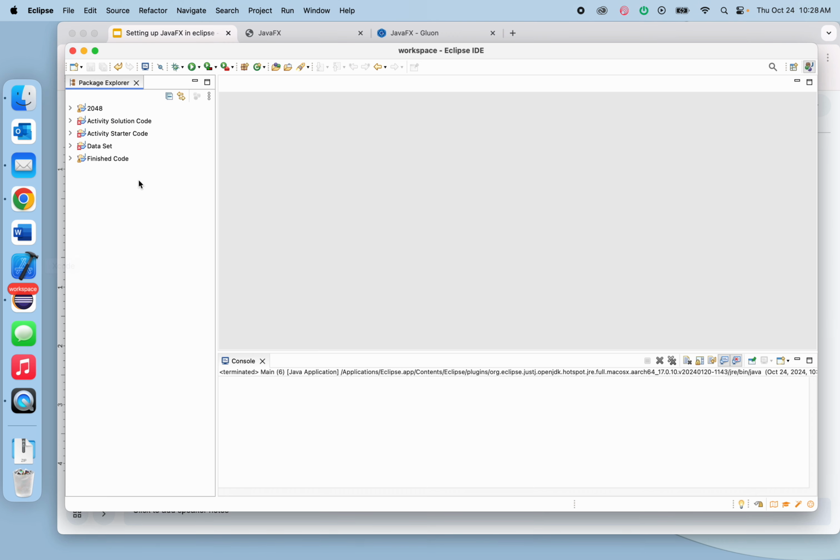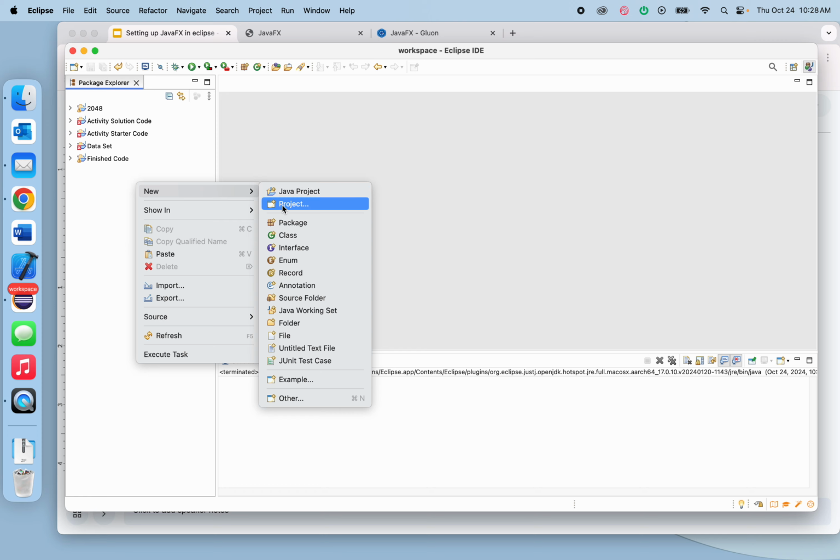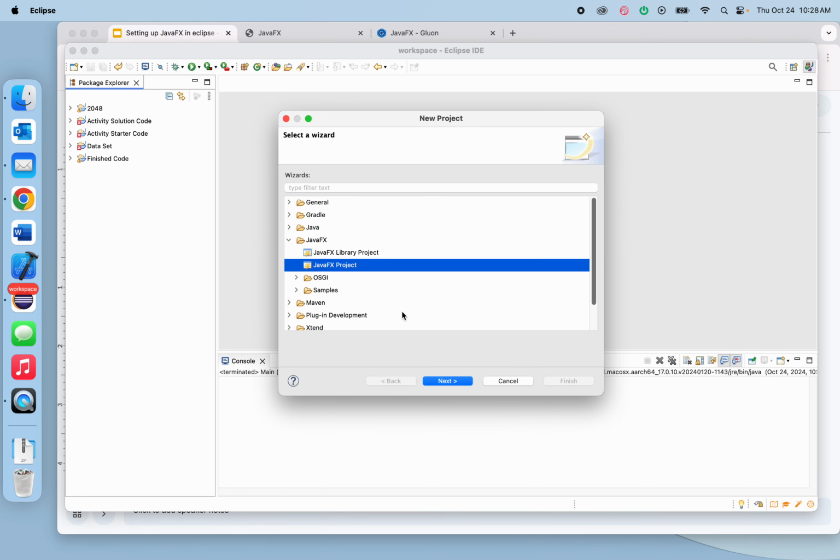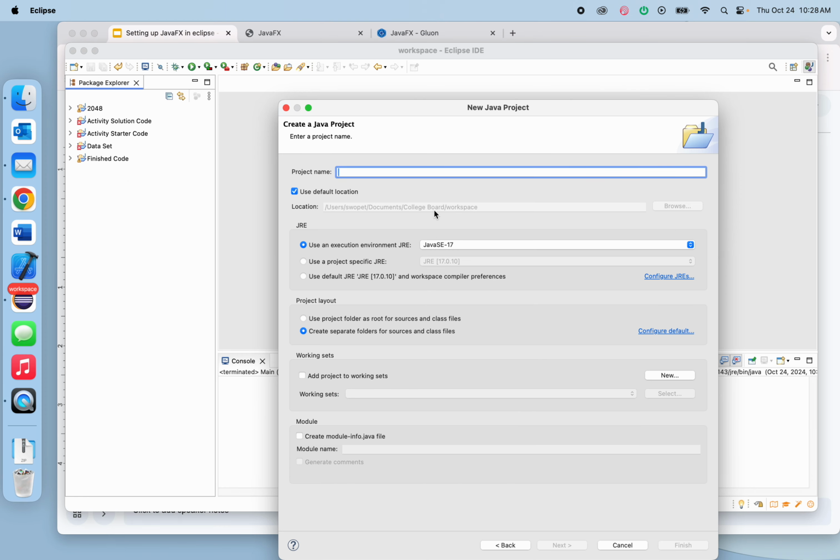So back in Eclipse, I'm going to right click on the package explorer, new project. I'll choose a JavaFX project, and it doesn't matter what you call it. I'm just going to name mine hello, that's it. All right, make sure that you have the latest version or the correct version of Java selected for the runtime